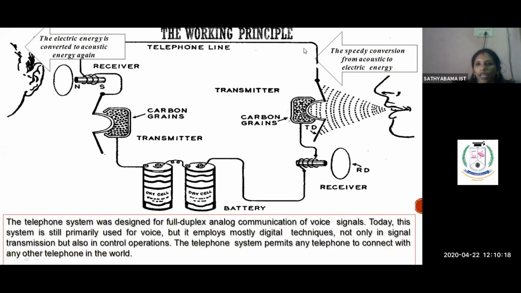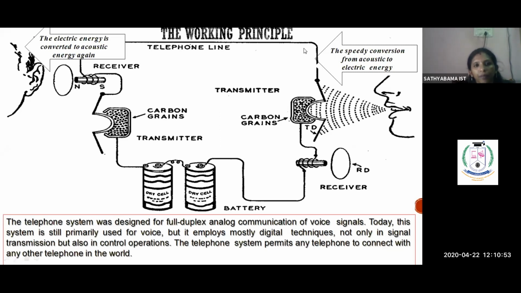So in this system we are primarily using the voice signals, and those voice signals will be converted in terms of a digital technique, and then transmitted by means of the control operation. So here the voice signal, whatever we are giving or whatever we are talking, will be transmitted to the telephone lines by means of cables. Okay, so that signal will be sent as an electrical signal, and that is passed to your acoustic energy signal. That is, it will be audible for the person on the other side to hear.